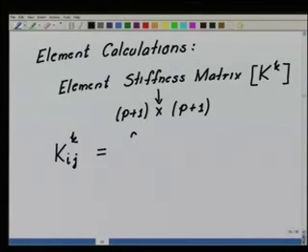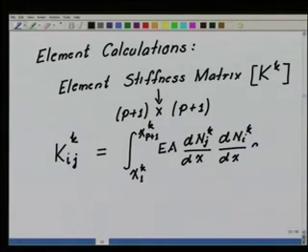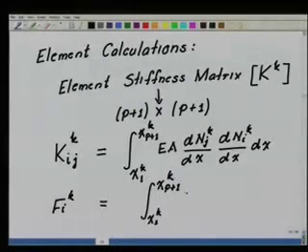This will be equal to the integral from x1 of the element k to x p plus 1 of the element k. One should be very careful about the limits of this integration. Ea p nj k dx d nik dx. Similarly, fi of the element k is equal to the integral from x1 of k to x p plus 1 of k, f nik dx. That's all. So what we have done is, we have actually given an algorithm or a procedure